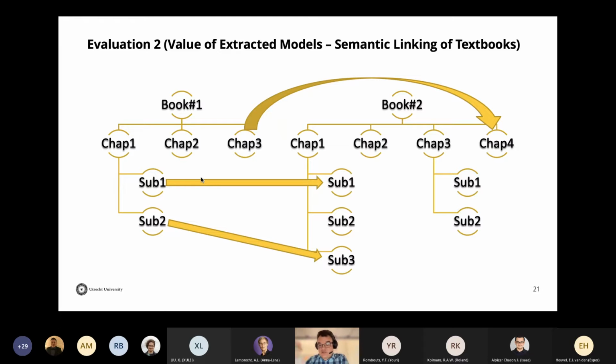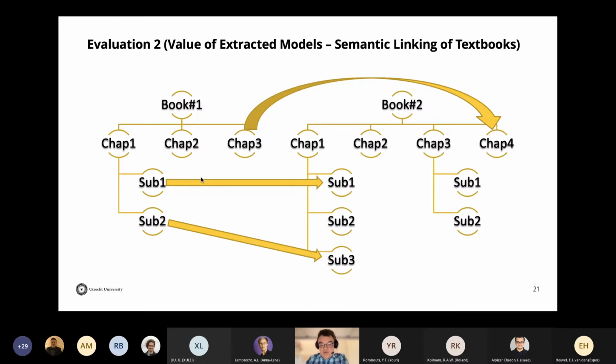So we decided to put them to the task, and the task was, if we get two books within the same domain, which are supposed to be relevant, can we actually use our models to link sections within these textbooks? So can we, based on the way we create these models, understand that this section within one textbook talks about the same thing as this section within the other textbook? So we have collected two textbooks within statistics. We gave these textbooks to statistics experts who manually linked these sections for us, right? So they provided how strongly sections are related and how certain they are that this is the best possible matching.